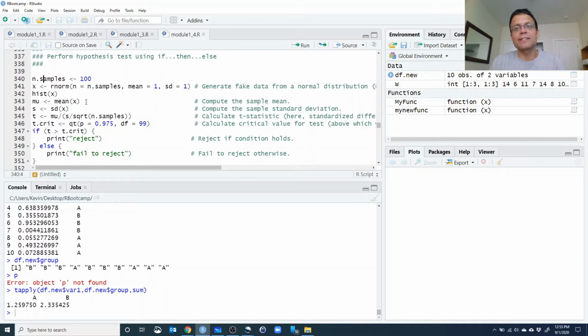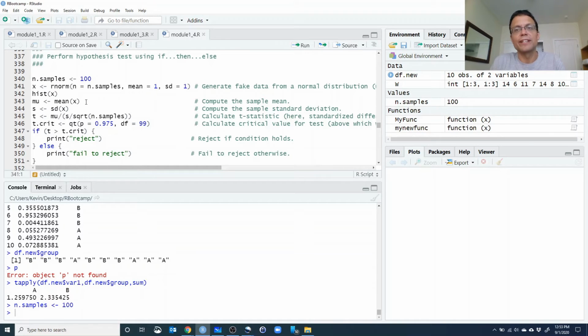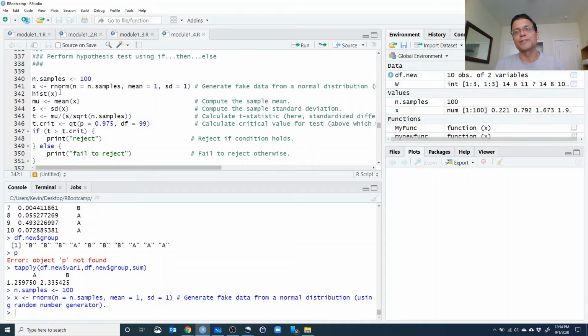So we're going to make a simulated data set that has 100 samples. So we're going to say n samples is 100. Here's the simulated data. It's going to be random, normally distributed data. We're going to take whatever number of samples we specified here, it's 100, and the samples will be drawn from a normal distribution with a mean of 1 and a standard deviation of 1. All right, let's look at that. So first we'll run that line. We call this variable x,